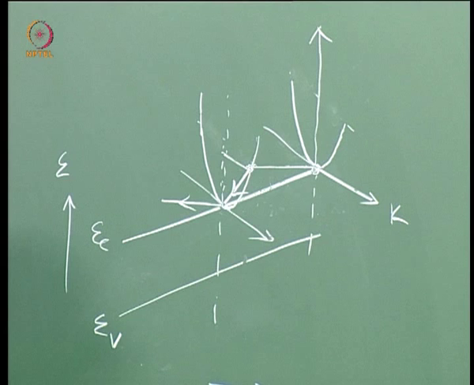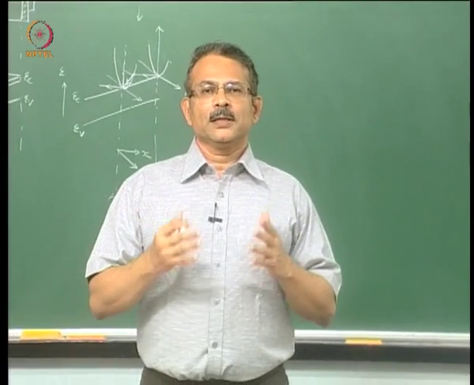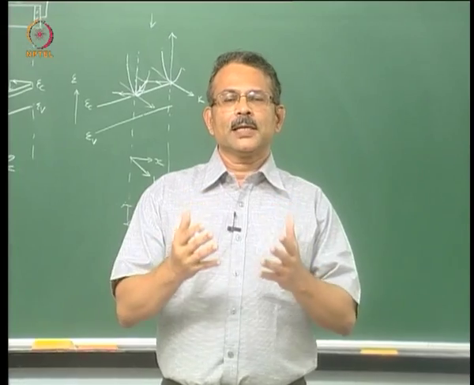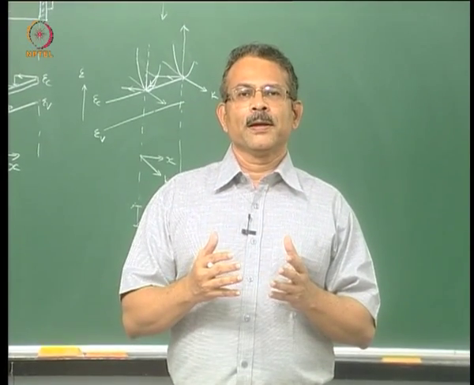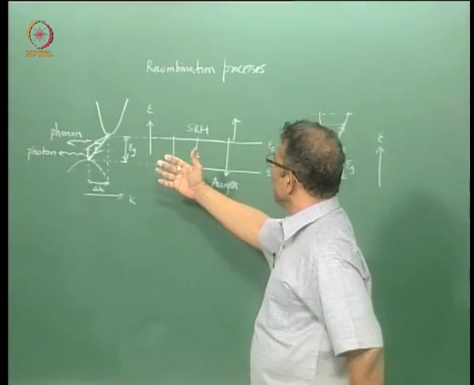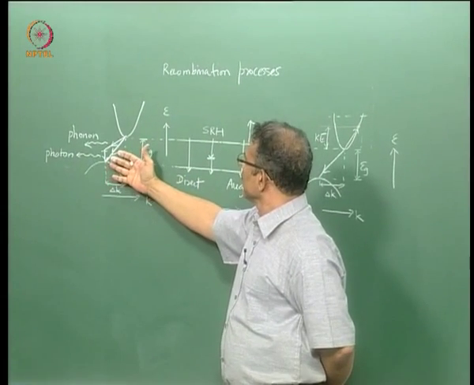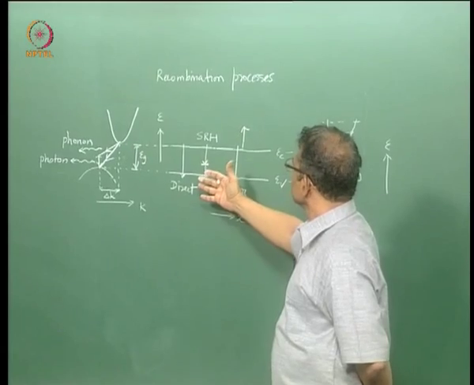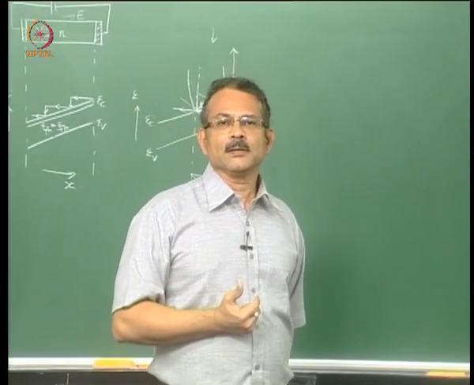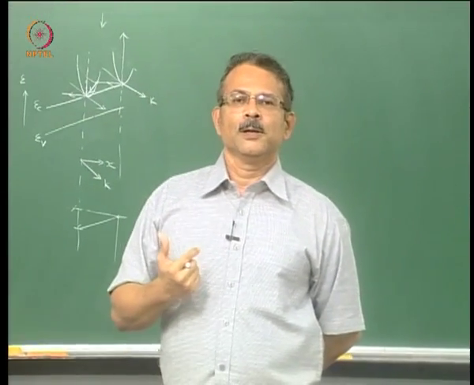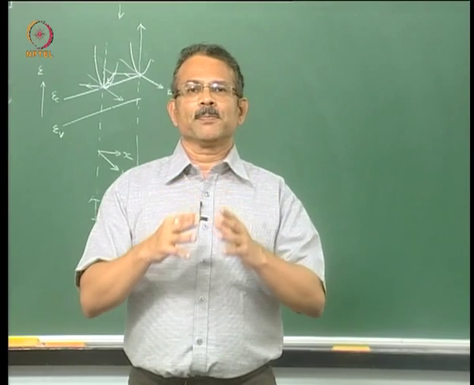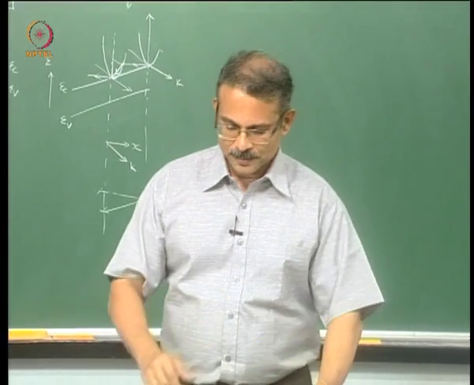Okay, so it is very important to visualize processes in both Ex and Ek diagrams. That gives you a lot of insight. So in the case of recombination phenomena, for example, what kind of particles will be involved when an electron recombines with a hole? What kind of mechanisms are possible depending on the material? Such things can be understood from the representation of the process on both Ex and Ek diagrams.